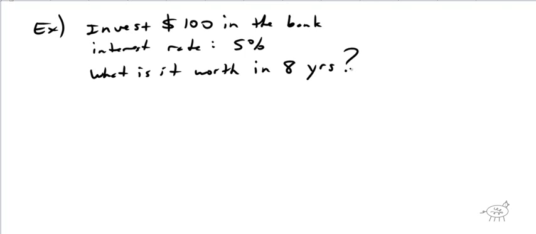So we need a couple things here. Again, let me write the formula on the side here. A sub n equals a sub 1 r to the n. Well, the a sub 1, of course, is $100. That's how much we're starting with. And r is our interest rate. Now, this is the only thing you need to be careful about here. You don't want to put 5%, 0.05, because that would be like getting 5% back. If I put it as